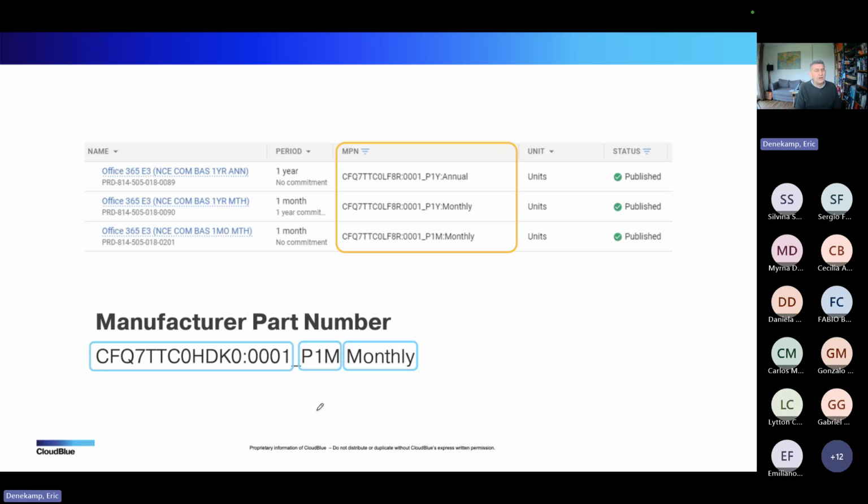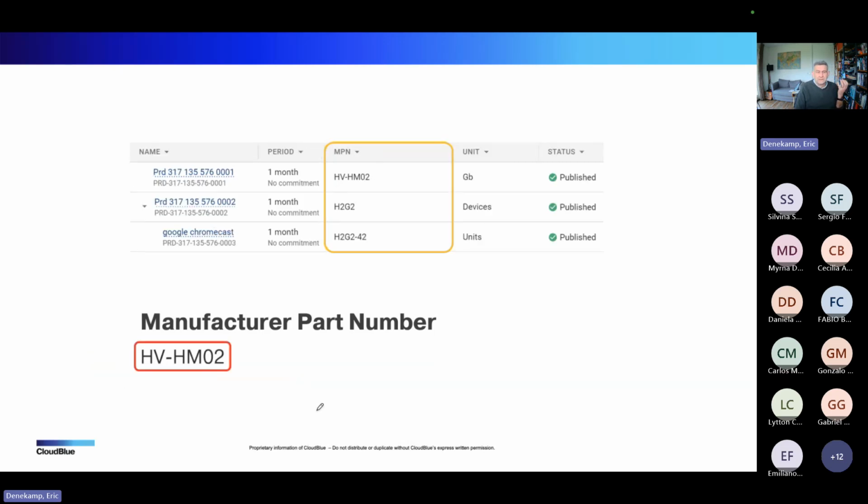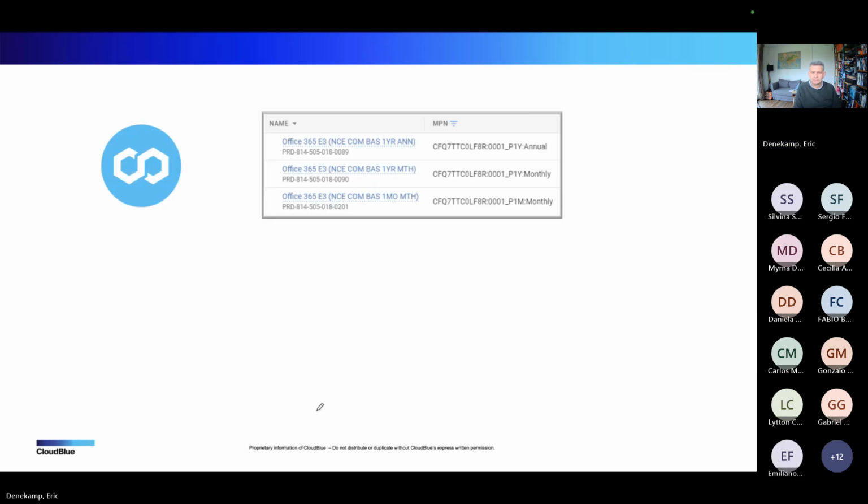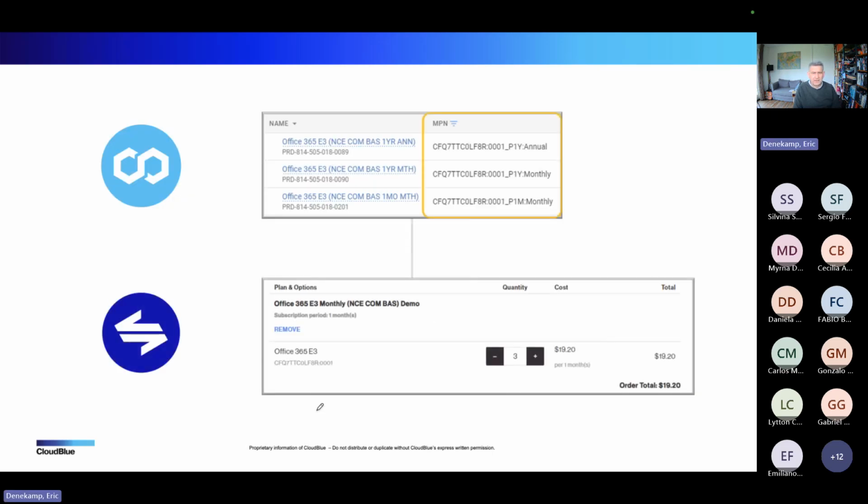If it does not match the naming convention, it's fairly simple. We have 3 individual manufacturer part numbers, and they are just passed through to Connect. Nothing changes there.